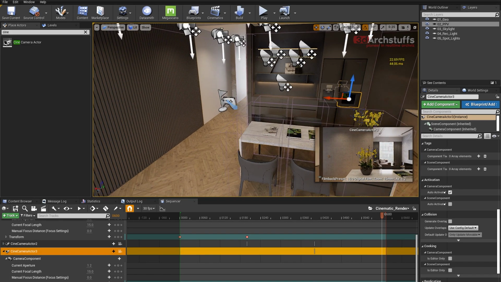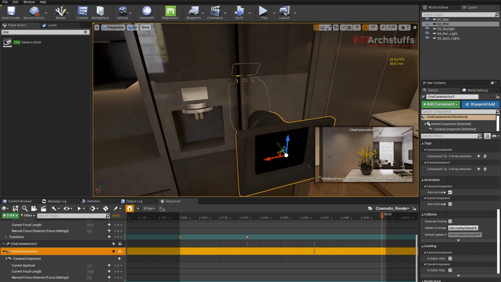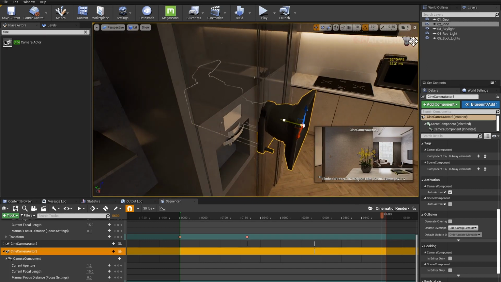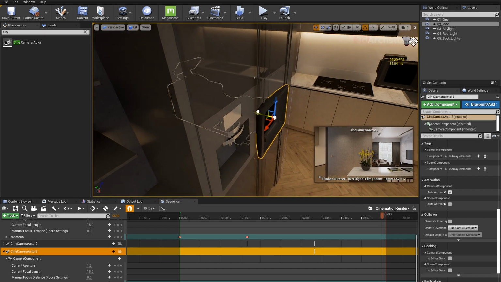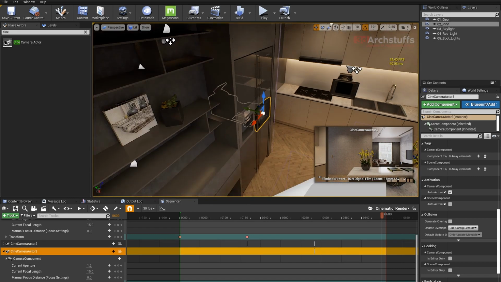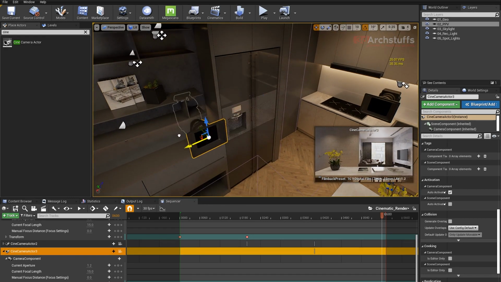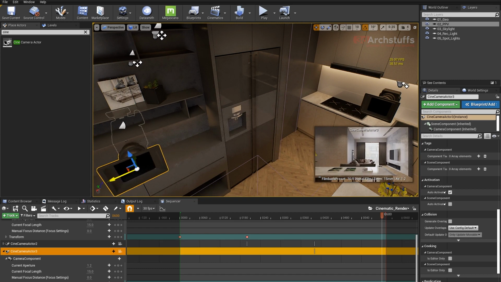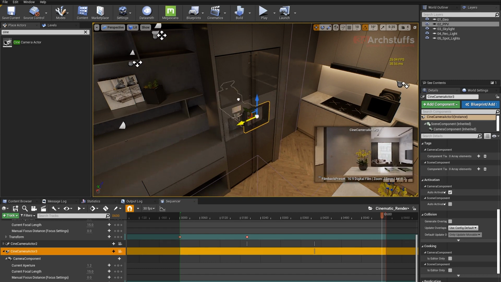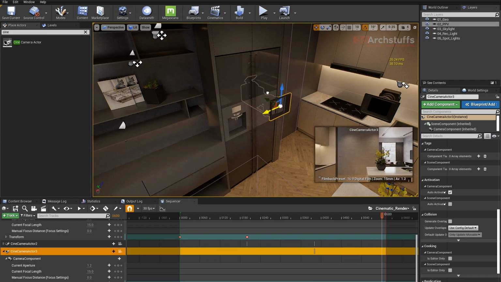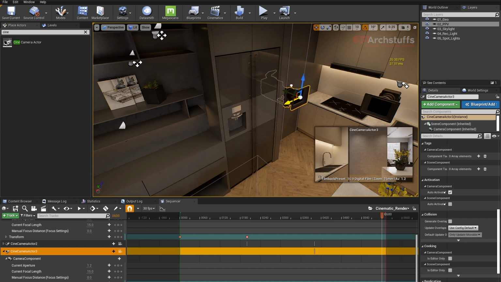Yeah, let's do it like this. And we'll move the camera from here to here and see if it's penetrating any object. So it's not. So we will start the camera from here, maybe here, and then